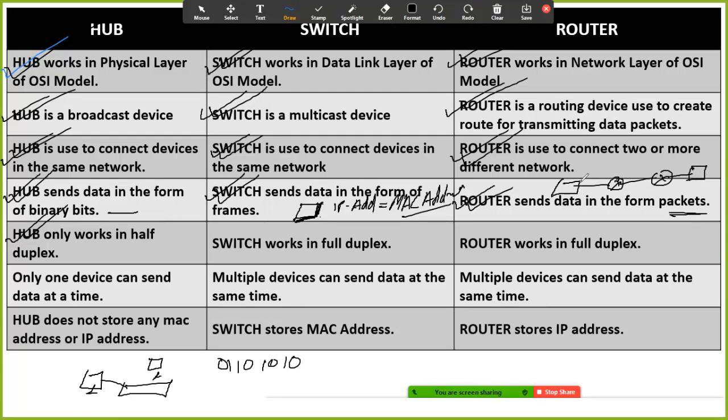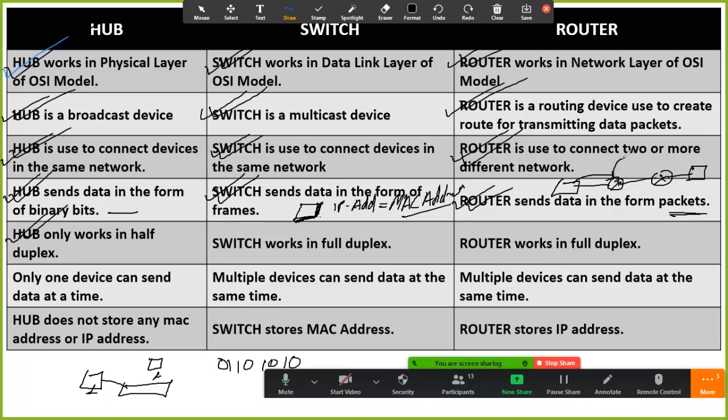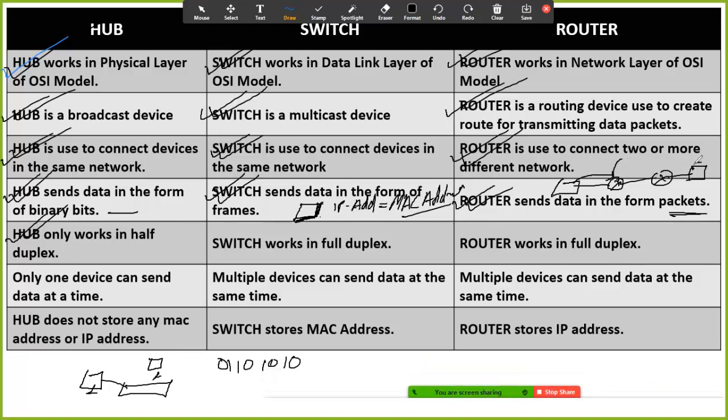So what we are going to do is send the data to this router, and this router is going to add the information of this next network. Okay, once it adds the information of this next network, it is going to convert the frame into packets. ठीक है, जब इस नेटवर्क का इंफॉर्मेशन यहाँ पे ऐड करेगा राउटर तभी ना भेजेगा आगे, तो जब ऐड करेगा इसको हम क्या कहेंगे, पैकेट कहेंगे. क्लियर? Yep. Okay. Clear.